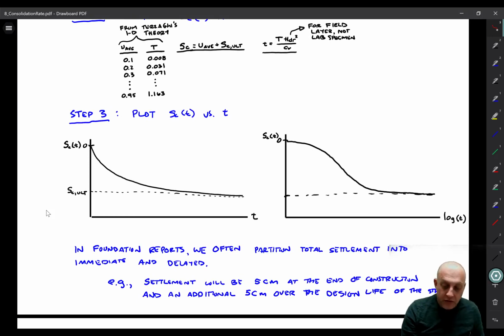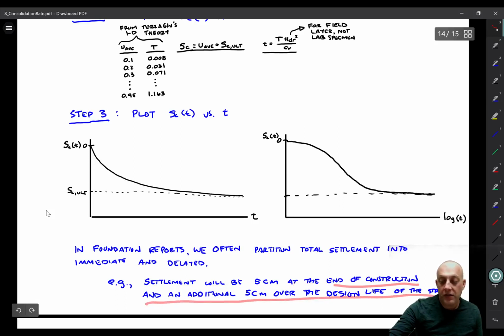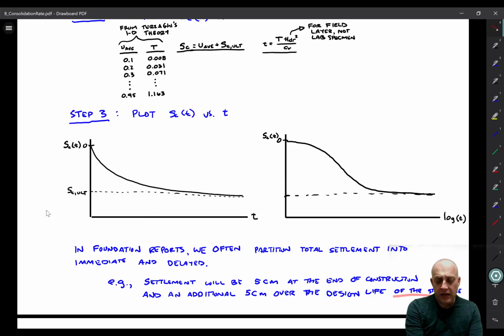Another way of doing it in foundation reports is that we often partition the total into the immediate and the consolidation or delayed settlement. So what we might say is that the settlement is going to be 5 centimeters at the end of construction. That's the immediate settlement, and an additional 5 centimeters over the design life of the structure. Maybe that's 50 years, something like that. Or oftentimes we'll say over 2 years, because after a few years there's really not that much more consolidation going on. The reason why this is important is that